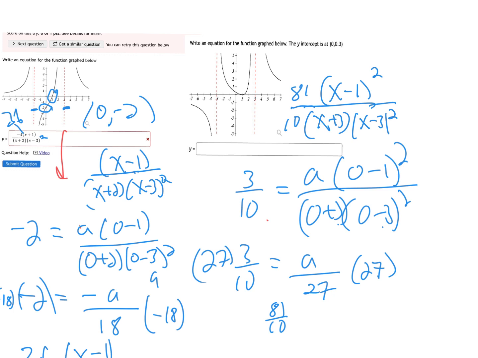Okay? So pay attention whether the vertical asymptotes are acting like 1 over x squared or 1 over x. And this one's been reflected. I'm wondering if I didn't make a sign mistake here. Let's check it out. Because usually, no, I didn't make a sign mistake. That's acting like 1 over x. If it had been going the other way, then this a term would have been negative, because that shows a reflection over the x-axis. Okay,